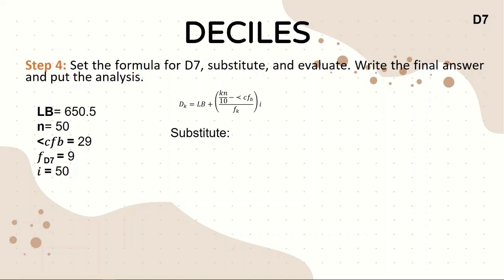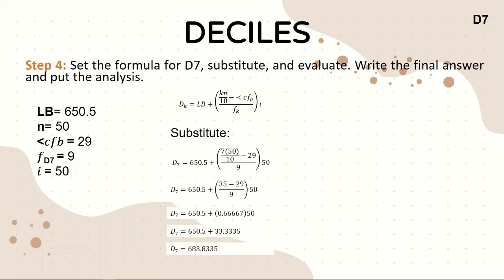Since we already got them in step 3, we have only to substitute into the formula: LB is equal to 650.5 plus k is equal to 7 and n is equal to 50 divided by 10 minus the less than cumulative frequency equal to 29, divided by the frequency equal to 9, times i equal to 50. Therefore, decile 7 is equal to